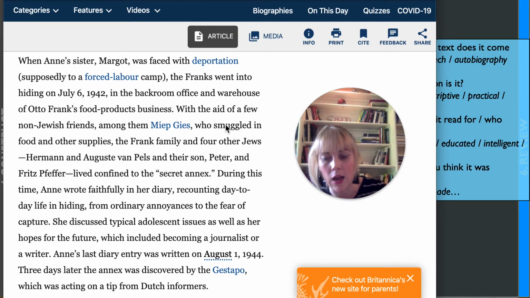Of course, Hitler was persecuting the Jews because it was part of his campaign and mission to create a society that was predominantly Aryan, and he was victimising anyone who didn't fit his ideology, his vision of what society should look like. And Anne and her family were subject to that. I'm not going to read you too much more of that because it's a really interesting story in and of its own right, and you should go away and research that yourself. What you need to understand from it is that this is a girl who is living her life as a young teenager in hiding, because of the persecution that Hitler and the Nazi regime had put in place.